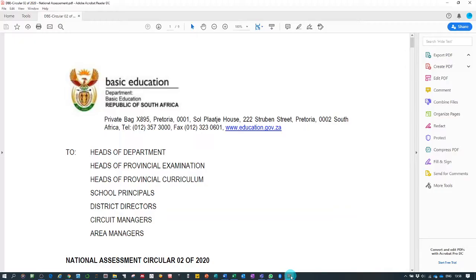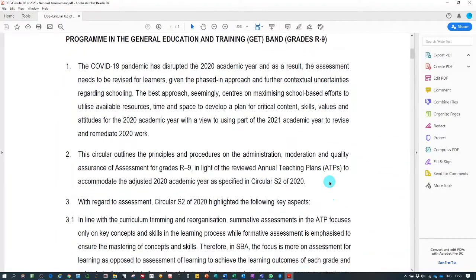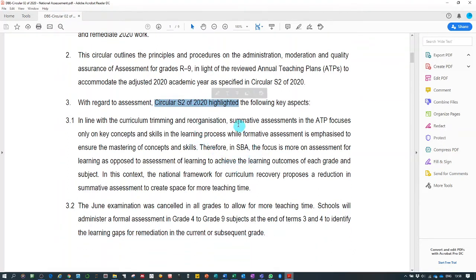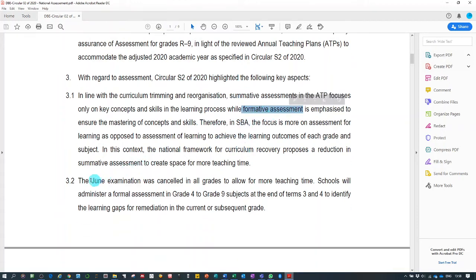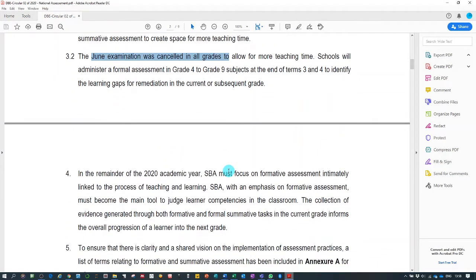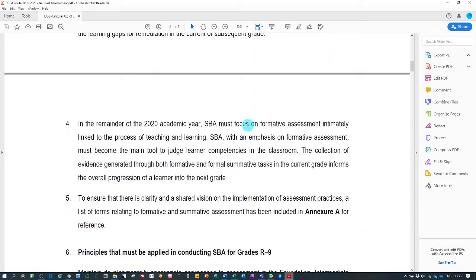I've opened the document in a PDF reader, so let's just quickly jump into that and go through some things. First thing that it's referring back to Circular S2 of 2020, highlighting the fact that the focus is on formative assessment, highlighting the fact that the June examination was cancelled for all grades. That is basically it. Then in point 4, again saying that the focus is on formative assessment the whole time,